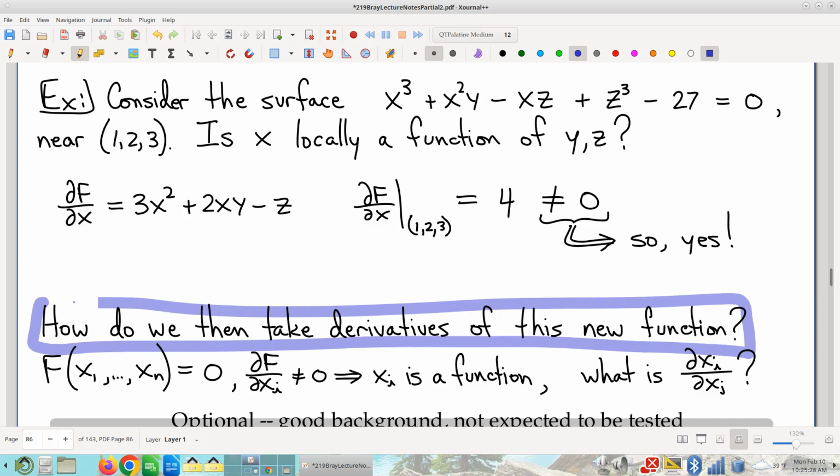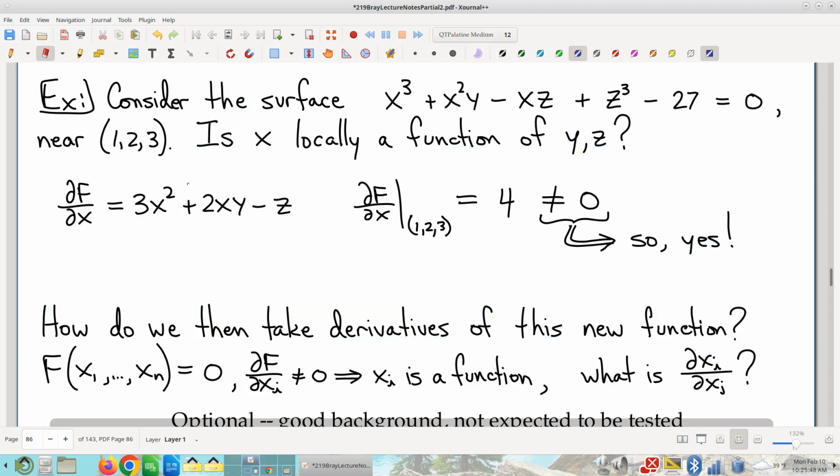So we got a new function, right? We've just confirmed that yes, x is a function of y and z. How would I compute the partial of x with respect to either y or z? Okay. So this is another separate question we have to worry about, and we're going to deal with this in